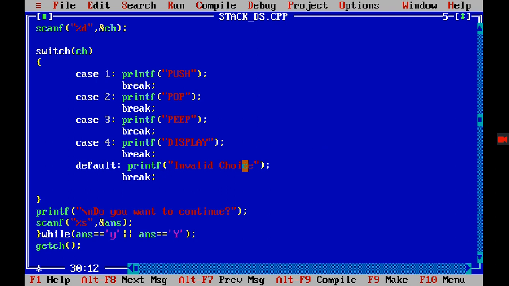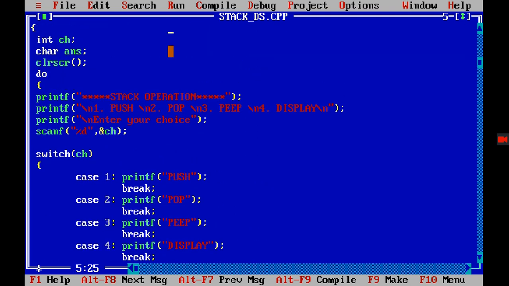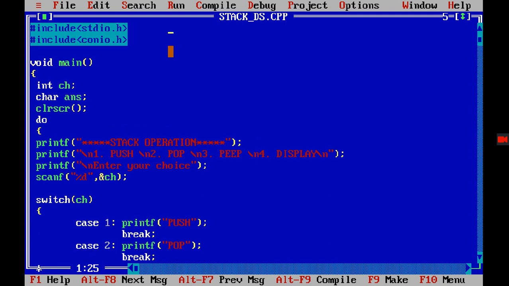Now what we have done till now is only creating the cases, right? A GUI kind of thing only that we have done. The major part is still missing, that is the function. So we need to create a function for each and every operation. So first of all we think about the push operation, right? For push operation, we are going to implement the stack using an array, so we need to take one array, right?